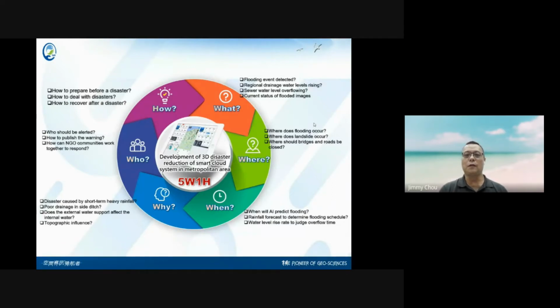Everyone brings his or her cell phone with them. So we can use the cell broadcasting technique, or we need the app to send the warning, or we can use short messages sent by the telecommunication company. Those are all different kinds of warning systems. And how can non-governmental organizations and communities work together with the local community to respond to this kind of disaster management. And also the disasters caused by very short-term heavy rainfall, or by the poor drainage